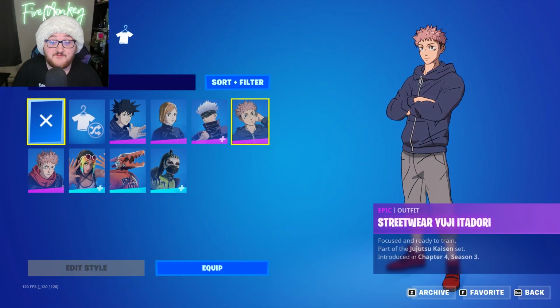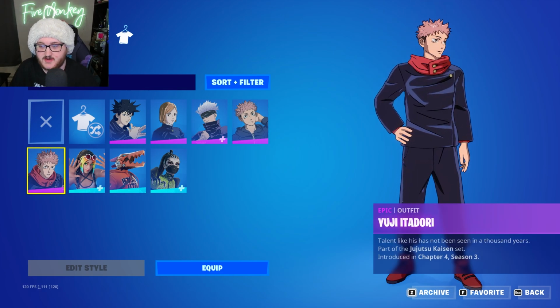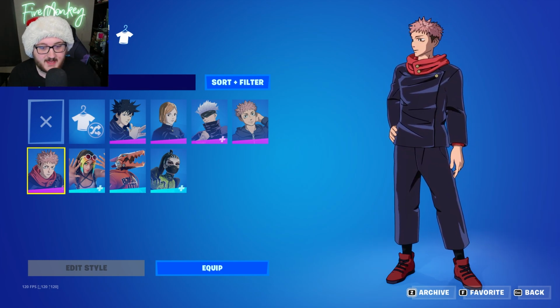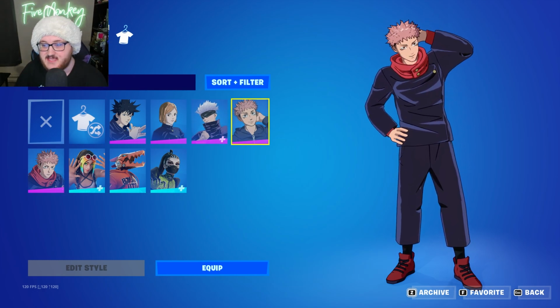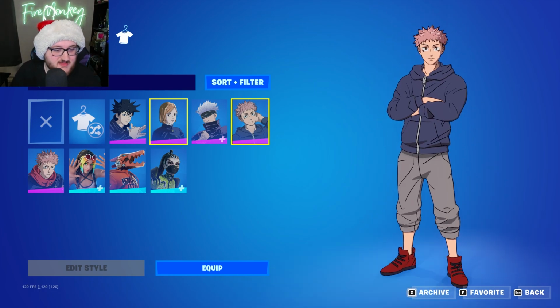So firstly, we have two different outfits for Yuji. We have the streetwear Yuji and the normal Yuji right here, and both of them are actually from the premium 1000 V-Buck tier of the actual event battle pass. So there's no free skins this time around. This time both of the skins are part of that premium tier, but it is nice to see how we actually get two different outfits to use, and I actually am really excited about it because,